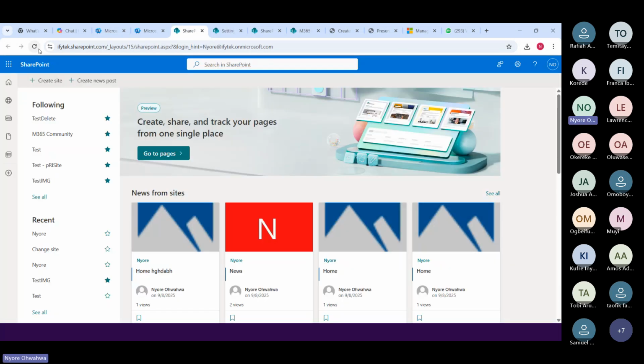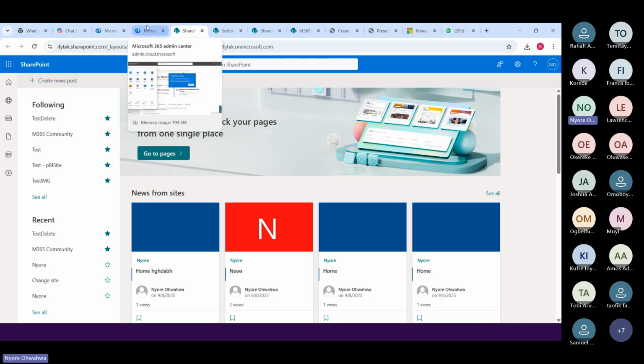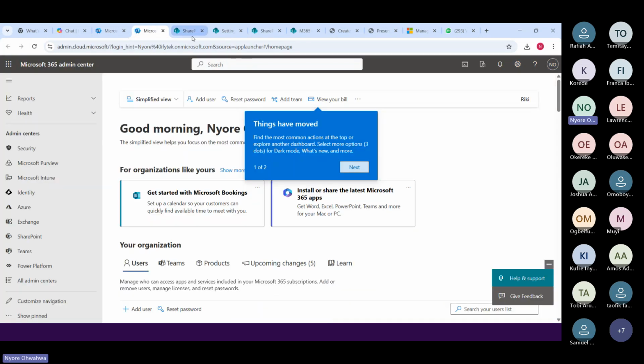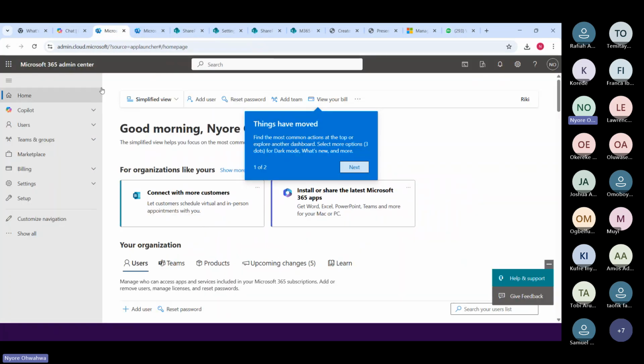When you uncheck that and save, it is supposed to take off this. Okay, so you see that option is gone. Anybody that logs into SharePoint and goes to their SharePoint homepage shouldn't be able to see the option to create sites. So with that, you can prevent unnecessary site creation in your organization.